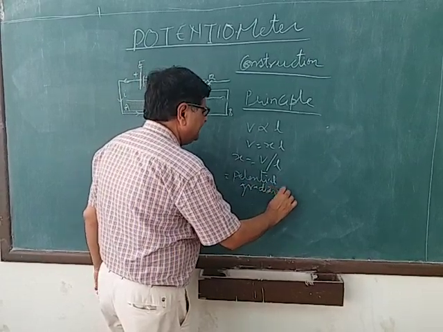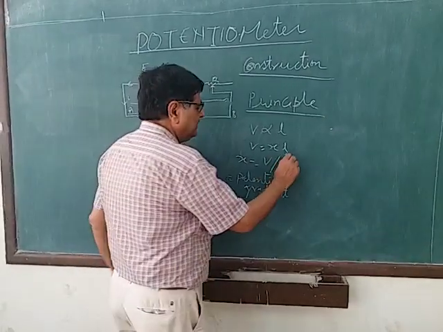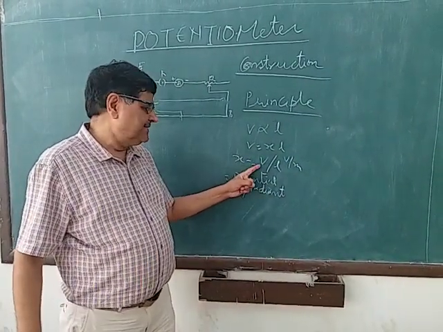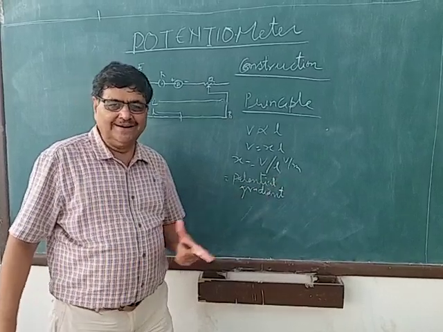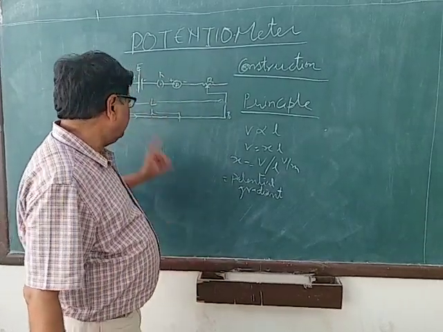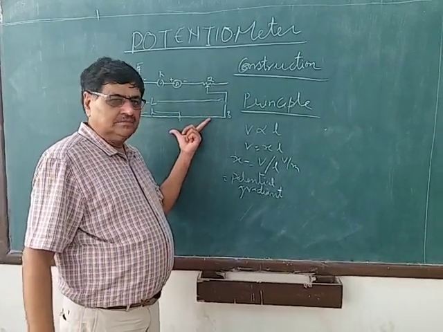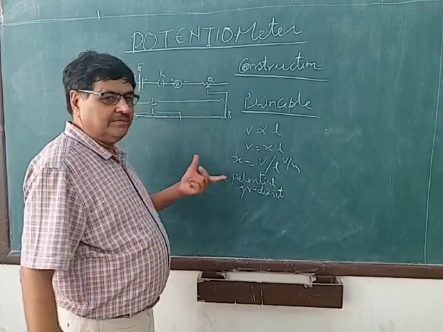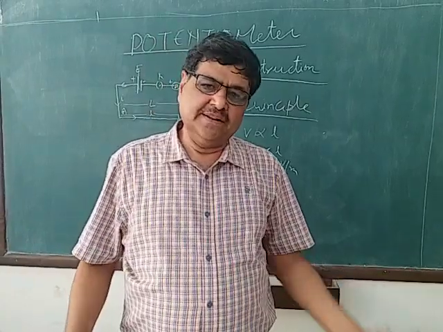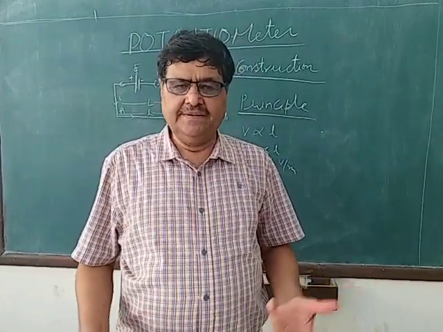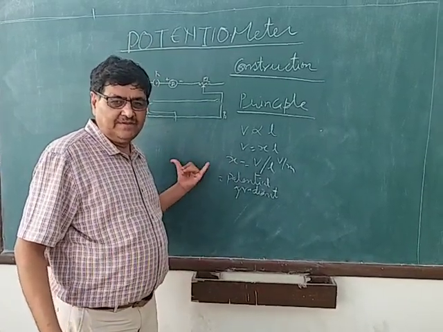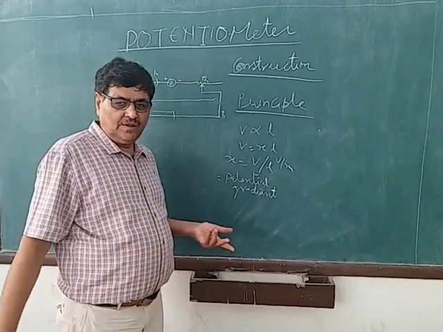Potential gradient. Volt per meter is its unit. How is potential gradient defined? Potential difference per unit length across a current carrying wire is called its potential gradient. Now see, it's very interesting to note, because there are a few things which I will be discussing here which are normally asked in your competitive examinations, NEET, JEE, about the potential gradient. So let us discuss all those points here only. After that we will move further.